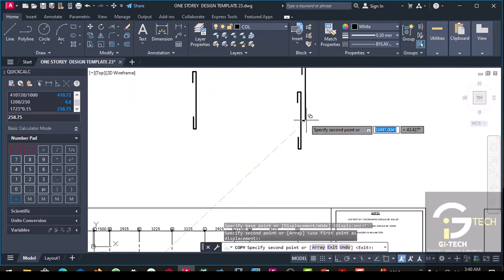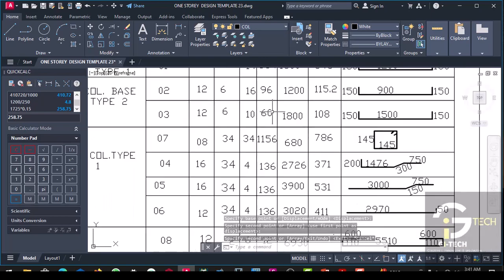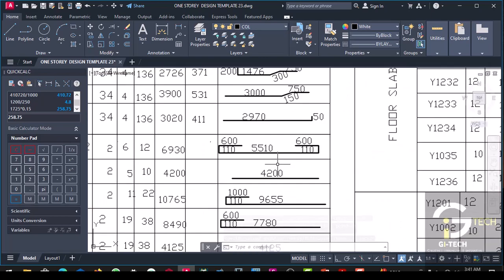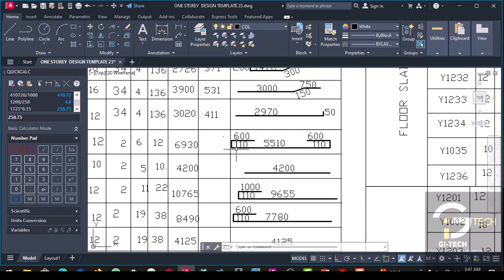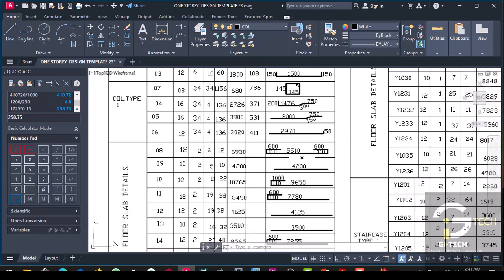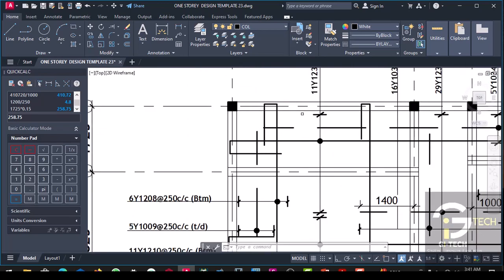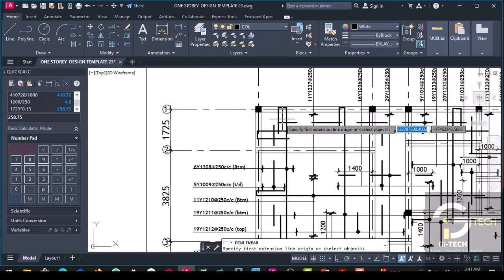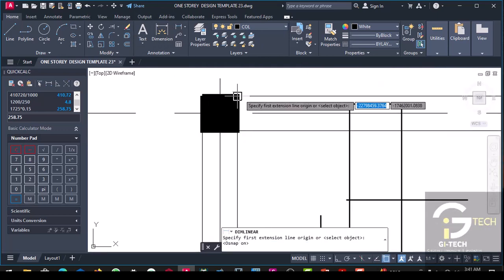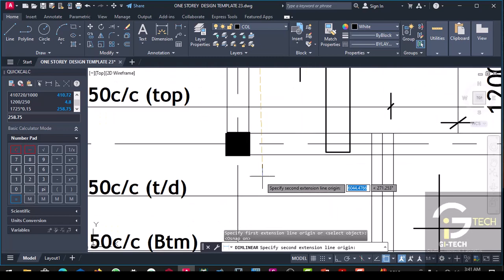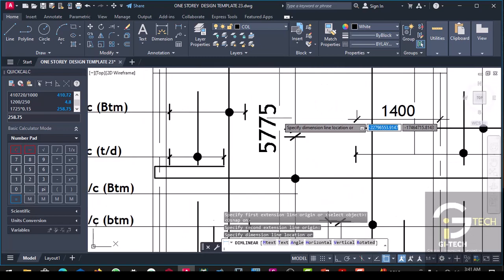So this is the shape, this is how it looks like. Okay, and this is the shape of it. So let's get the length of the reinforcement, which is this one. So let's get that length. For us to have the accurate length, what we do is take a dimension from here to here. So this will give us